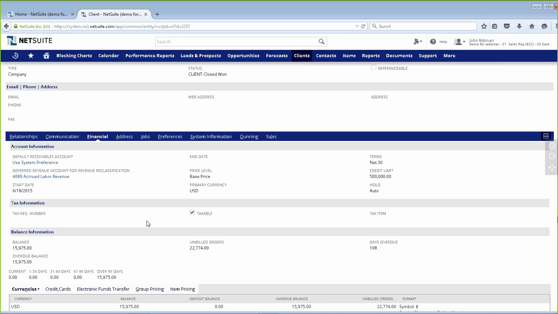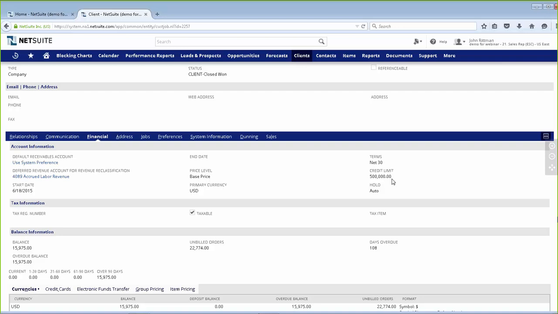In this case, I've actually given access to my salesperson to see this kind of information, but these are tabs that you can lock down based on the role type views. So I can see that this person's got a base level rate card. NetSuite's got the ability to handle multiple rate cards per customer. I'm working with this customer in US dollars, but this customer could have been in Canadian dollars or euros, depending on what their needs are for the system.